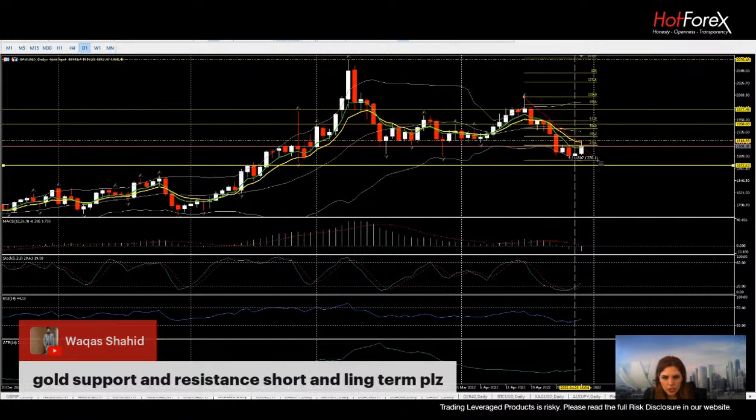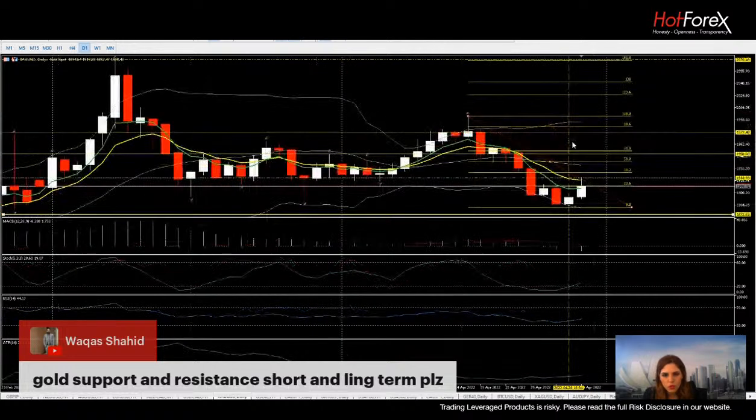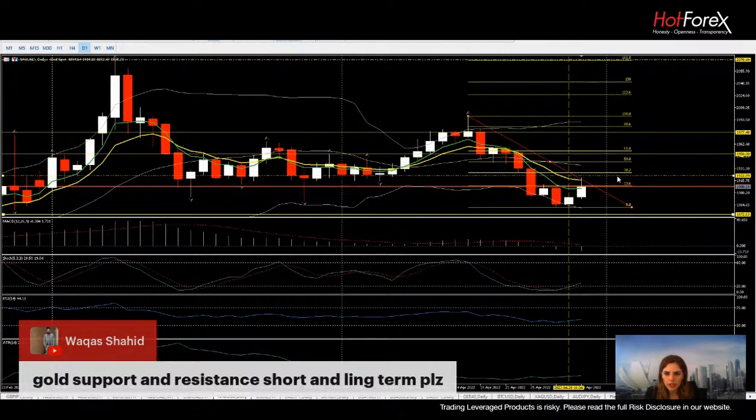So if I put my Fibonacci again on this down leg, you can see that it hasn't confirmed. Let me zoom in a bit. And you see that it hasn't confirmed a decisive closure above the 23%. So for gold to rebound and to turn this downwards outlook into an upwards, positive one, we need to see the daily candle closing above